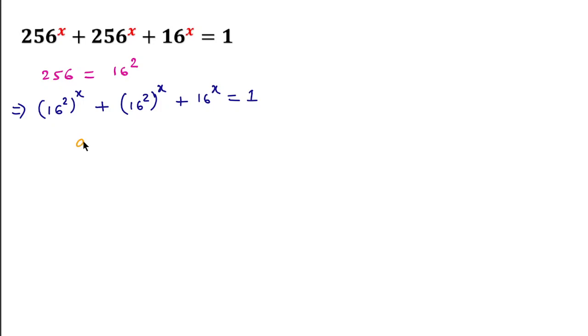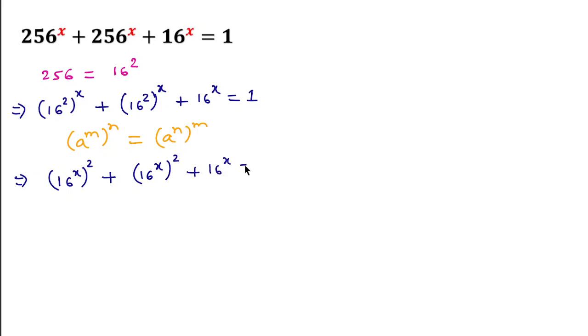and I will use one exponent rule, that is a to the power m to the power n. We can write this as a to the power n to the power m. We can exchange the power. So using this we can write here 16 to the power x to the power 2 plus 16 to the power x to the power 2 plus 16 to the power x equal to 1, and I will consider let 16 to the power x equal to